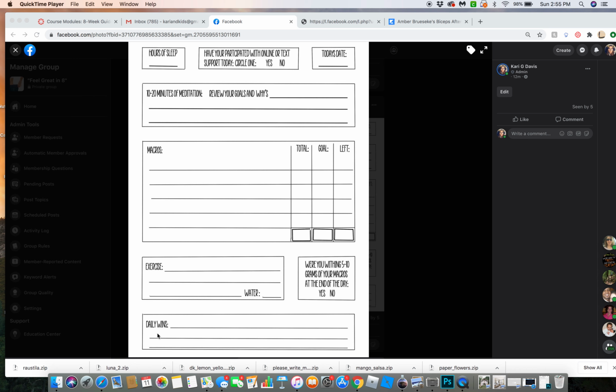Remember those positive thoughts. So this is how you will fill this out, and I'm going to post this to Canvas and